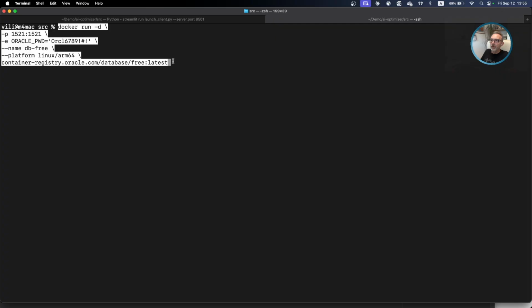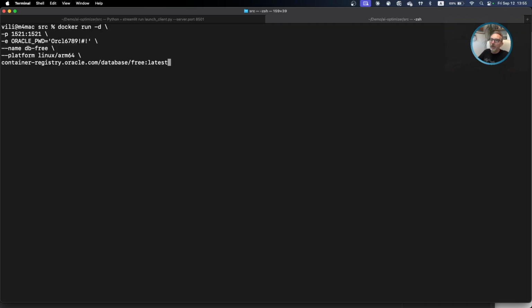And we have docker run -d, which means detached. And we have a port on which it will operate, and then we have an Oracle password parameter, which is passed to the database, and the name of the database and the platform, Oracle database. It's Linux on ARM64, and from which image it will be installed.